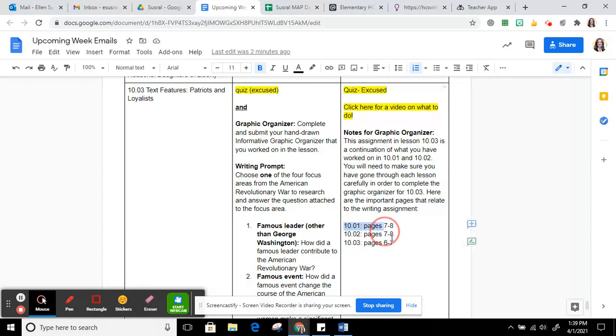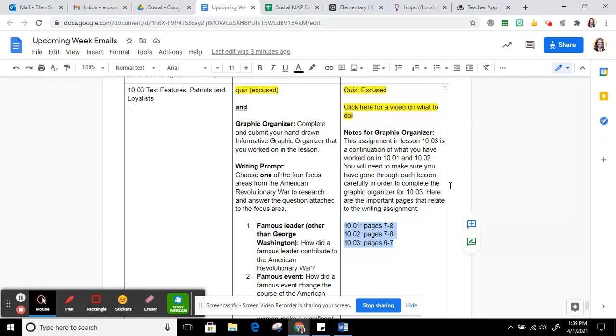So if you look right here, in 1001, pages 7 and 8 go along with this writing process. 1002, pages 7 and 8 go along with the writing process. And then 1003, the lesson that this assignment is for, pages 6 and 7 go along with the writing process. So you're going to need to make sure that you focus carefully on those pages in 1001, 1002, and 1003